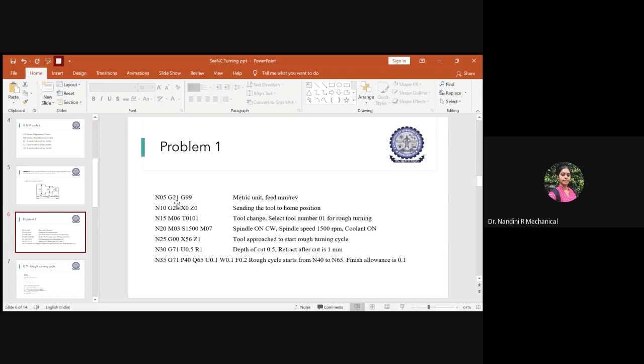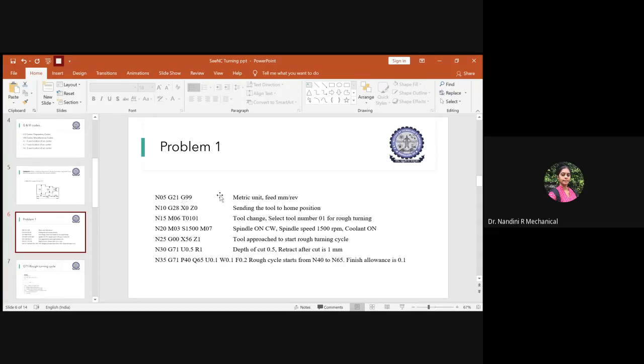Before doing the operation, you should always decide which unit you are using, either inch or metric. We usually go with the metric unit. If it has to be metric, you have to use the code G21. After this, the very next G code you have to write is how you are giving the feed.